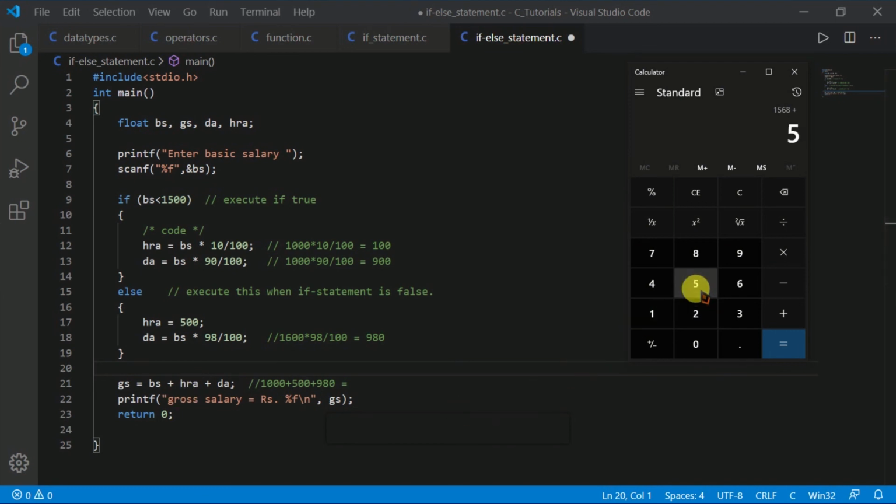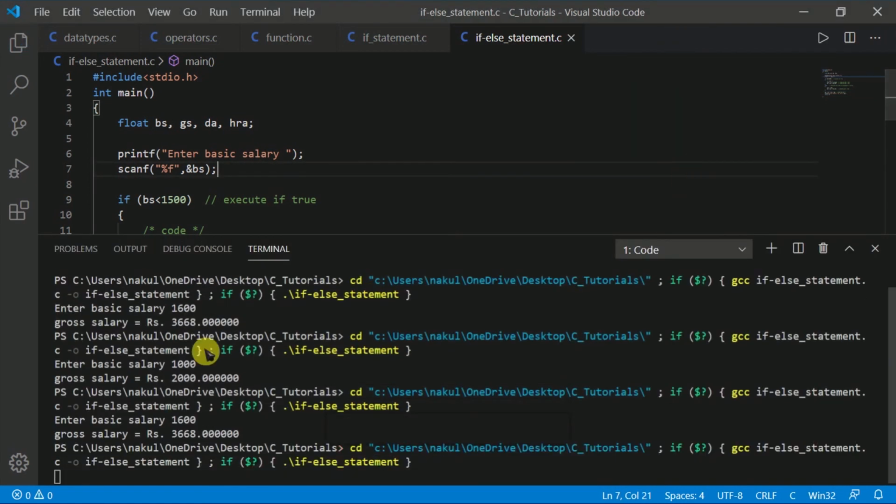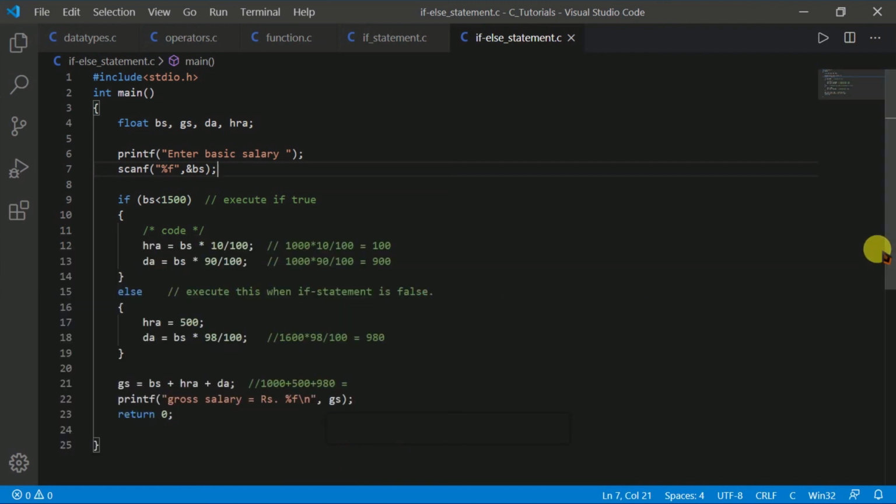Our HRA is 500 and the BS is 1600. So now we get 3668. Now let's check the output again. 3668. Okay guys, so we get the right output now.